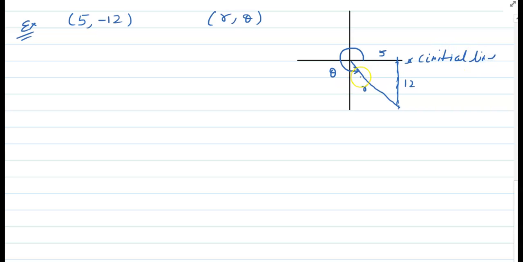Okay, so r is making theta angle. Here we got another angle. Suppose this is alpha. So we need to find alpha first here. tan alpha equals 12 over 5, right? So alpha is tan inverse of 12 over 5, and once we put this in a calculator in radian mode, we get